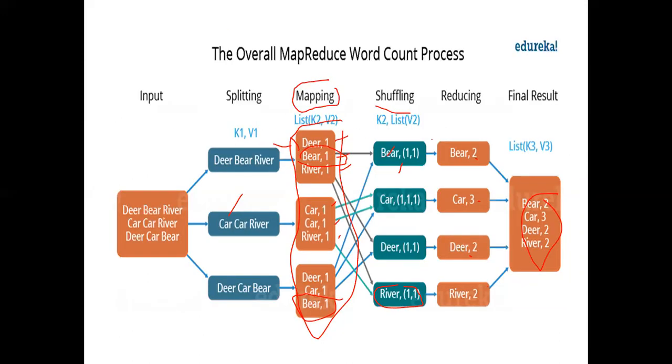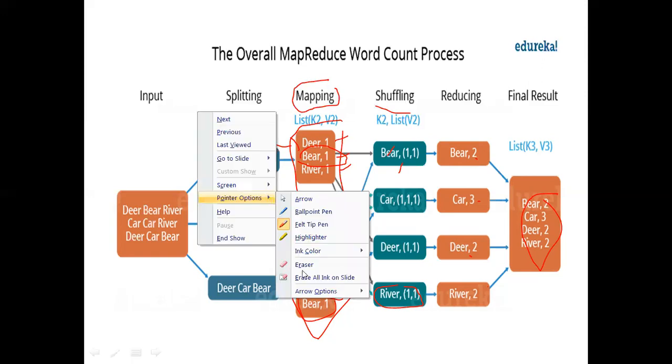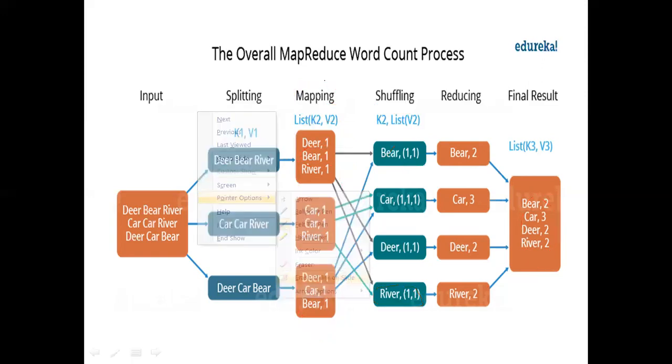Now first we are going to see the class for this mapping. What is the working of mapping here? For every input split, for every word it is attaching a count of 1. Observe here. For every input word in the input split, it is attaching a count of 1.